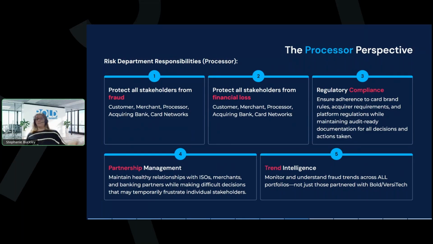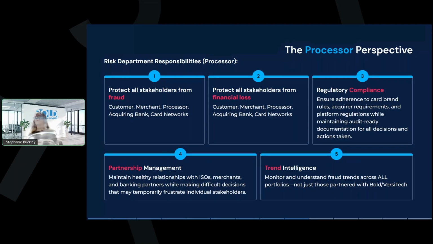If the merchant gets a chargeback, ACH rejects it, and loses this money, the processor is going to be responsible for that. And they don't want to have to cover it. This wasn't their fault. So that's why they're going to put this transaction in review and get ahead of this. So they're protecting all stakeholders from fraud. They're also protecting all stakeholders from financial loss. So same group of people, everybody in there has the opportunity to lose money with this transaction, and they want to get ahead of it and see if they can fix it now before it gets too late.